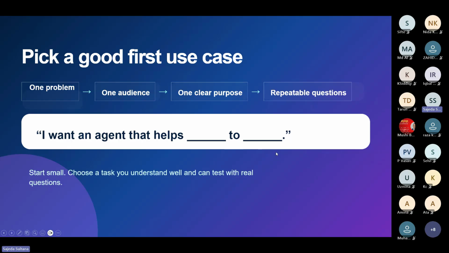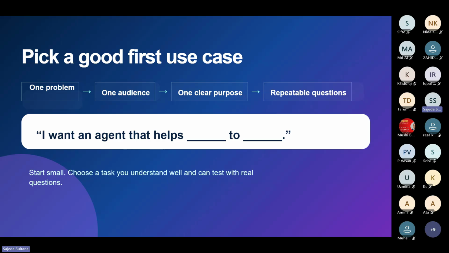Okay, so now pick a good first use case. That means think about your daily work, what you do on a daily basis. If it's repeated work, then you can think to make an agent. The sequence is one problem. Imagine you have one problem that is repeated, one audience, meaning you, and one clear purpose. When you make any agent, you have to think about the purpose.